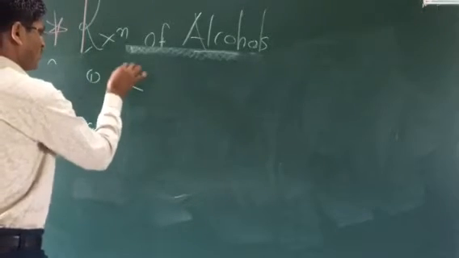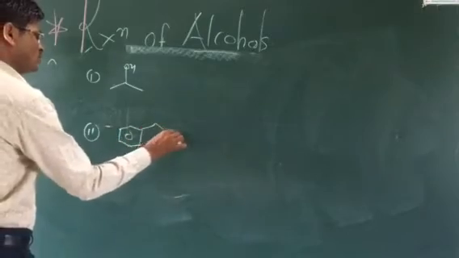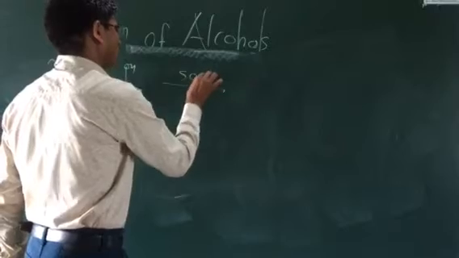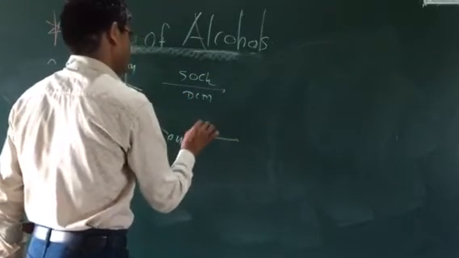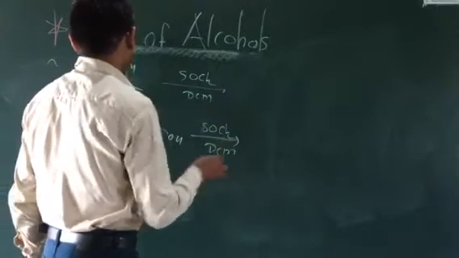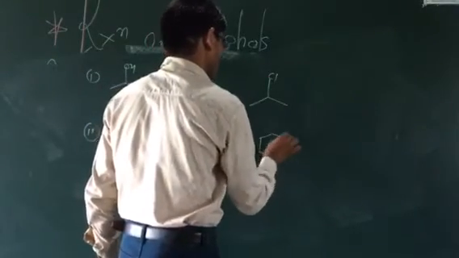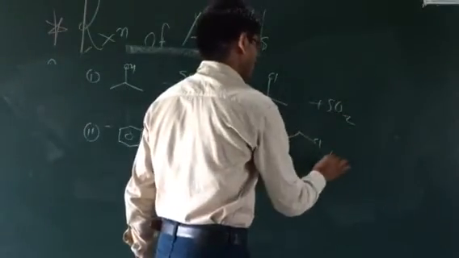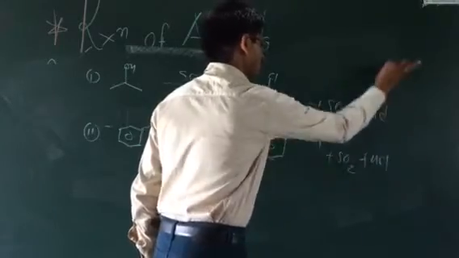Suppose we have this type of compound as the starting reactant. This is nothing but benzyl alcohol. It is reacted with SOCl2, thionyl chloride, in presence of DCM as the organic solvent. The same reaction condition: SOCl2 and DCM, dichloromethane, as the organic solvent. Then benzyl alcohol goes to the formation of benzyl chloride. Again the side products are SO2, sulfur dioxide, and HCl, hydrochloric acid.